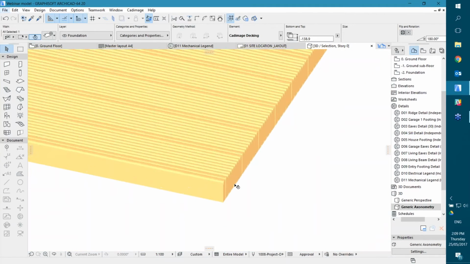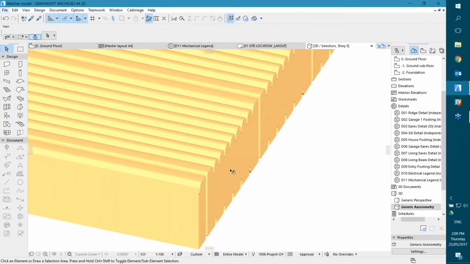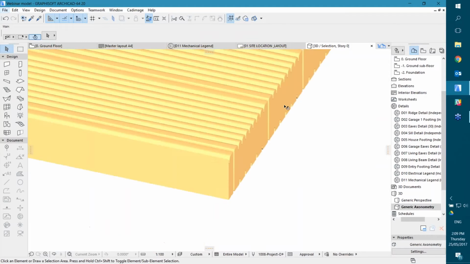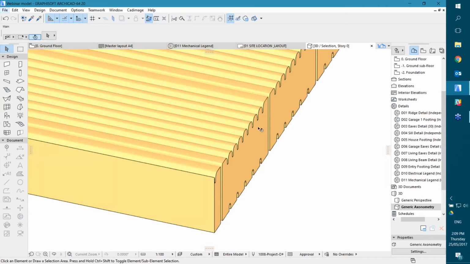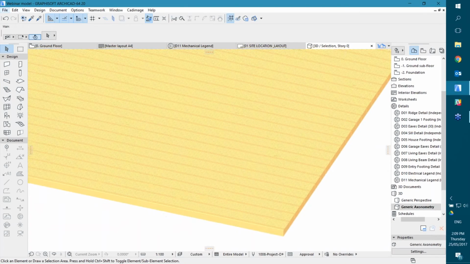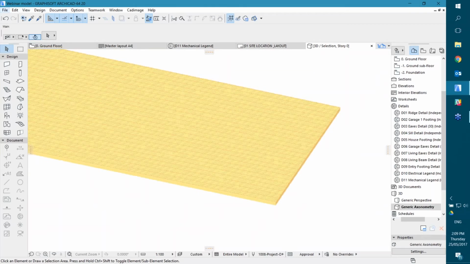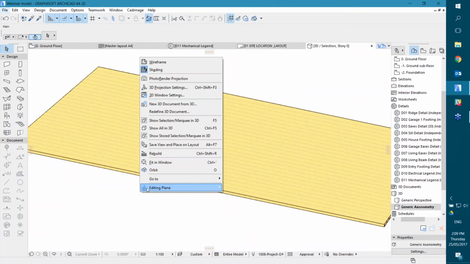And if I zoom in on the edge of this here, you can see that it's properly modeled in 3D. So we've got our reading showing across there, the gaps are being shown accurately, and if we were to cut a section through here, we would see the deck exactly as we have specified it in the settings there. So we've got a really nice looking, completely 3D deck here, which was easy to place, and more importantly, it's also easy